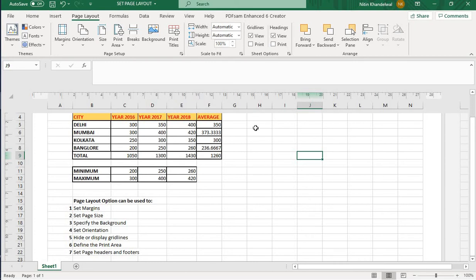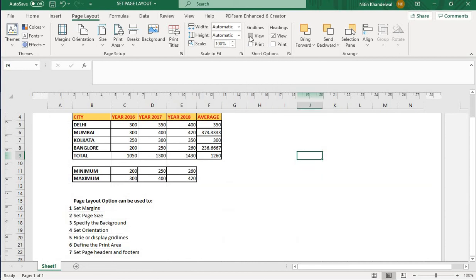Now if you want to hide this heading, then what you have to do, same, go to the page layout tab, then the sheet options group is there. Two options are there, grid line and heading. By default the view checkbox is selected, meaning you can see it. Okay. The row numbers are visible here and the column names are also visible here.